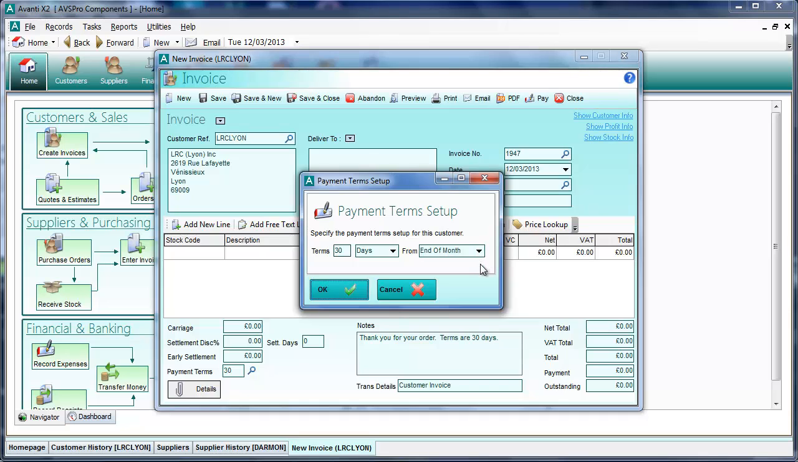So that just gives you an idea of the new facility to set up your own payment terms however you like. This has been a highly requested feature, so if you are one of those customers going to make use of this, we hope you enjoy it,